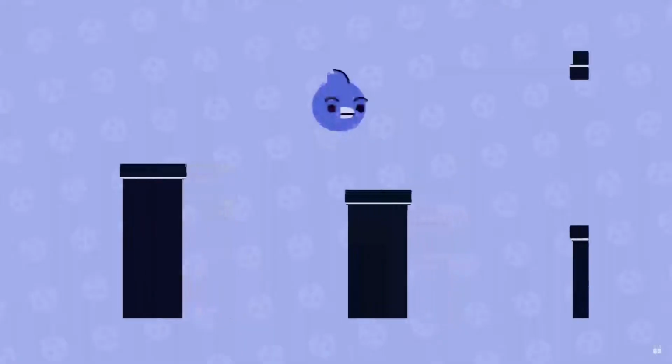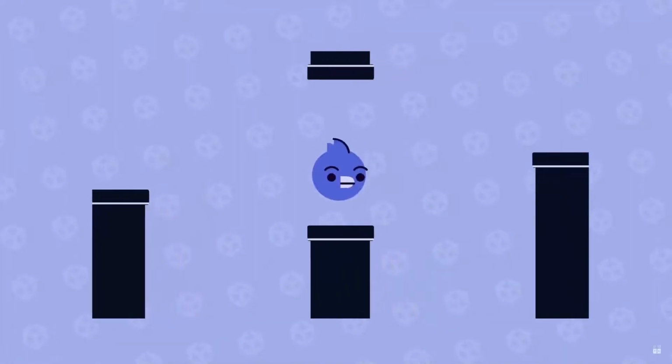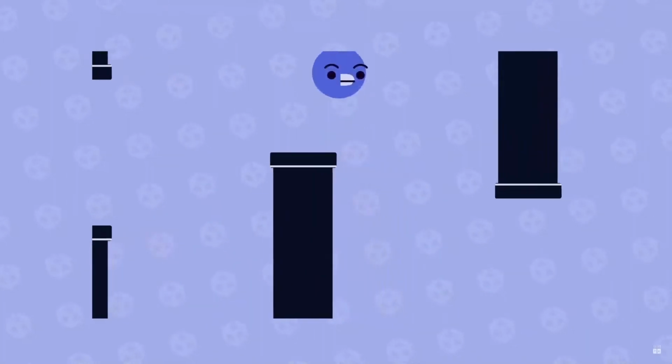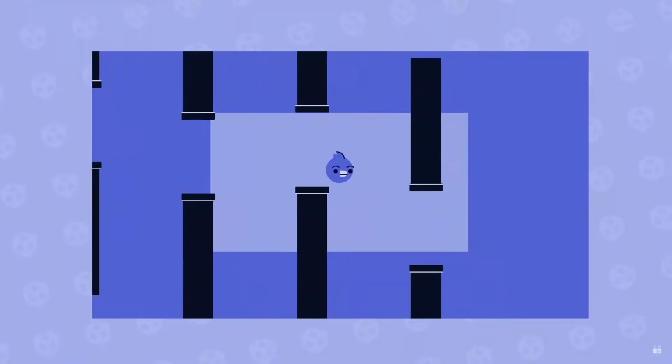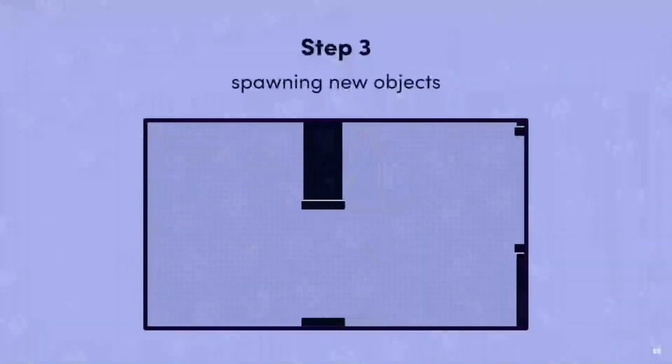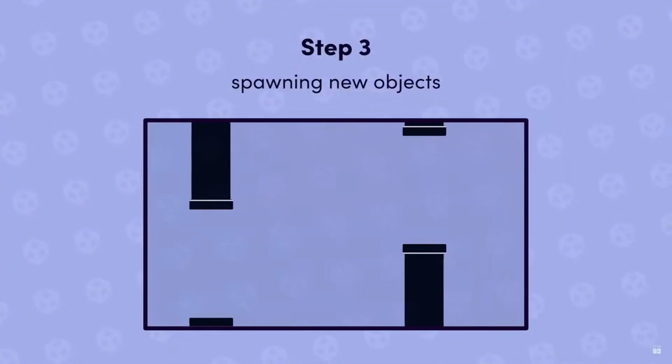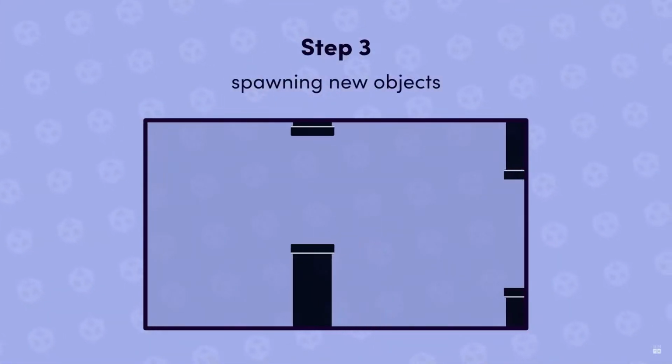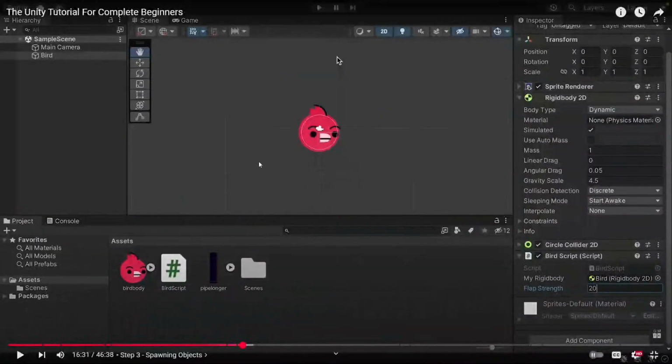Okay, so the secret to Flappy Bird is that while it looks like a bird is flapping along through a world of pipes, it's actually not. The bird stays completely still, and it's the pipes that move across the screen. So in step 3, we're going to make pipes spawn into the world, move across the screen, and then delete themselves. We'll start by making the object we want to spawn. Okay, so in that small tutorial,